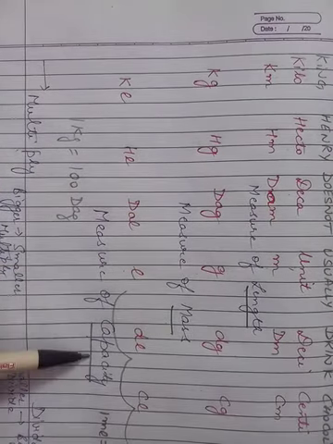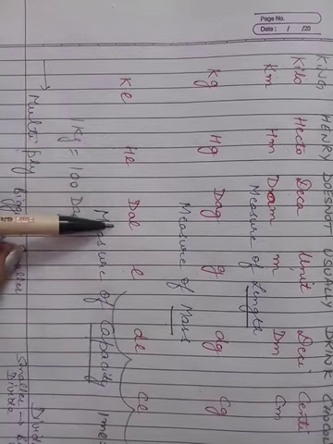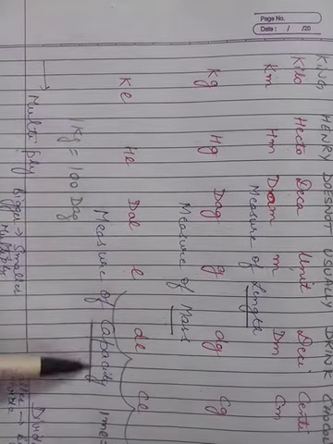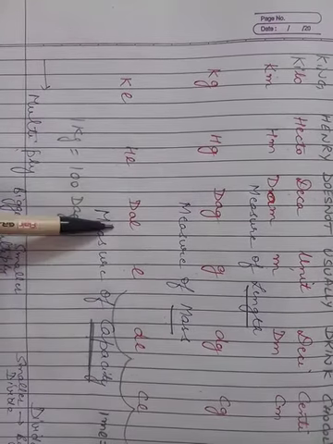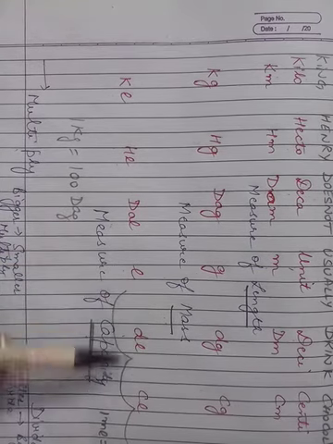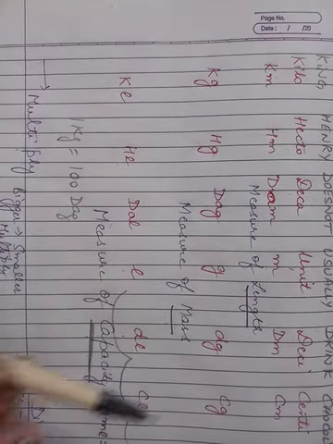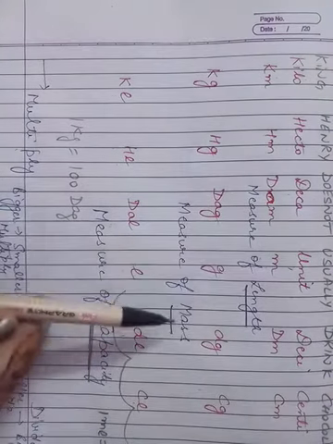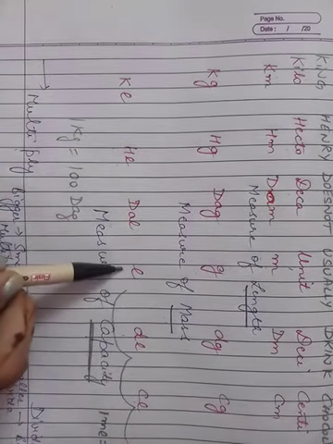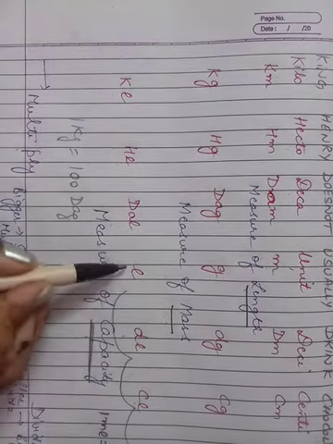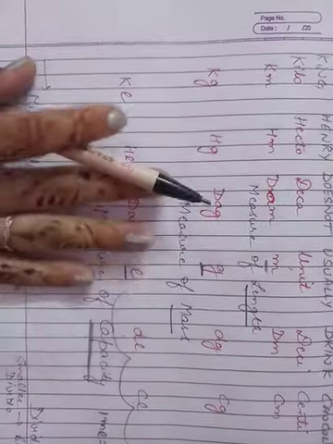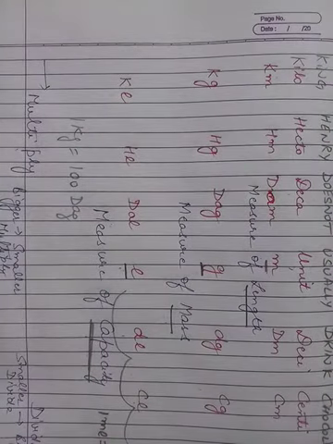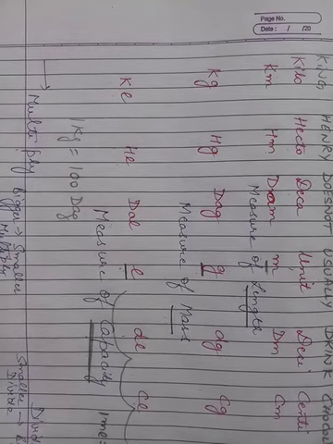Similarly, in the case of capacity we are using liter. So in this: kiloliter, hectoliter, decaliter, liter, deciliter, centiliter and milliliter. So again, length is meter, mass is gram, capacity is liter. So this is your liter, this is your gram, this one is meter. So learn this table and then you can easily do the next 3 questions. In the next video we will understand how to convert the dimensions.